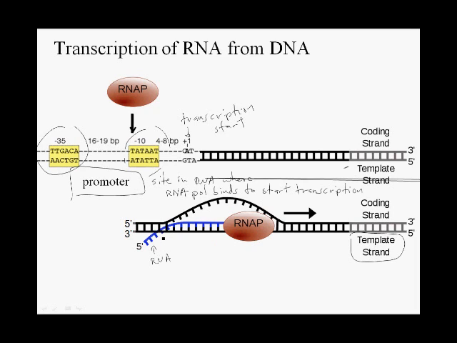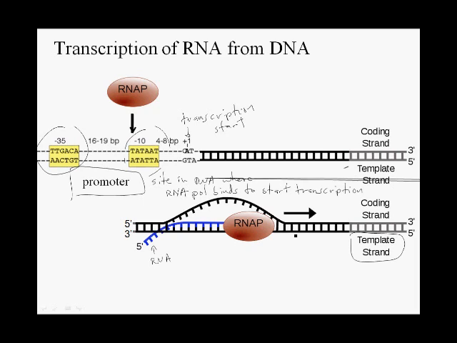The RNA molecule actually has the same sequence of bases, you will notice, as the coding strand of DNA. Both the coding strand of DNA and the RNA transcript, or the RNA molecule that is transcribed from the template strand, they are both complementary to the template strand. I also want to point out that RNA polymerase synthesizes RNA from a 5' to 3' direction, reads the template DNA strand from a 3' to 5' direction.